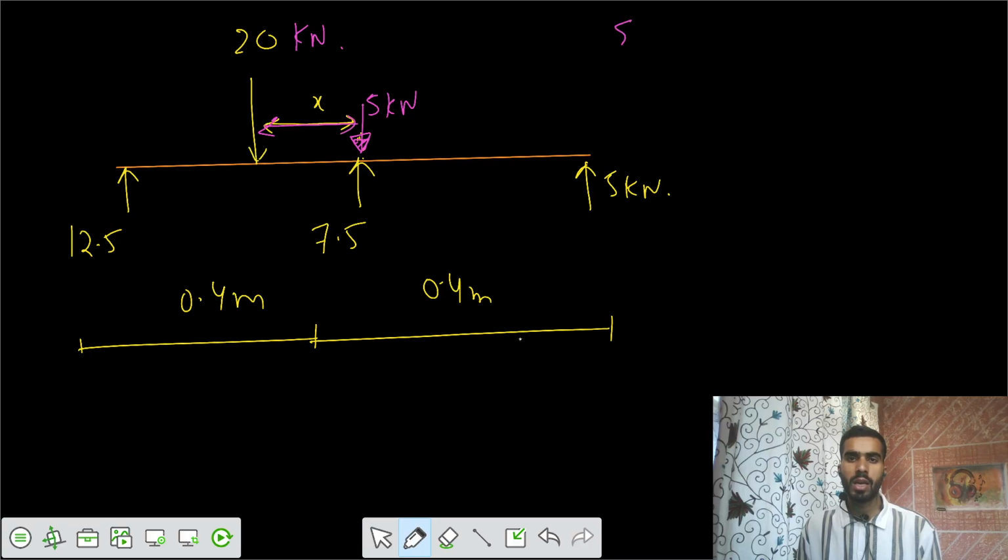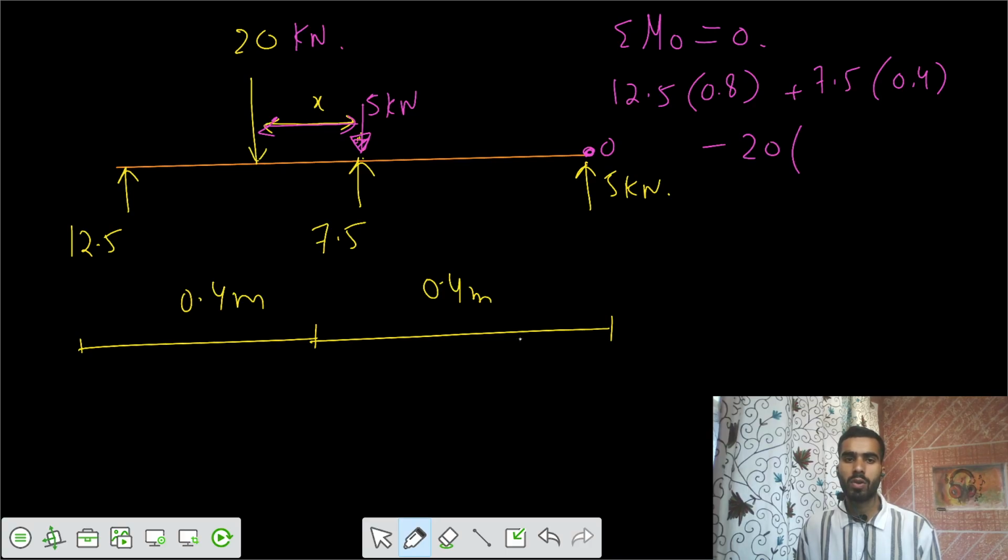the moment equilibrium? You can take summation of moments about any point. Let's say this point is O, equals to 0. So if I solve that, I would say 12.5, that's clockwise, into length of 0.8, and one more load is 7.5, clockwise, length of 0.4. Then we have anti-clockwise 20 kilonewton at a distance of 0.4 plus x, and we have one more anti-clockwise 5 into 0.4, that should be equals to 0,